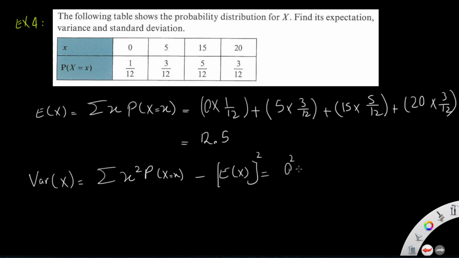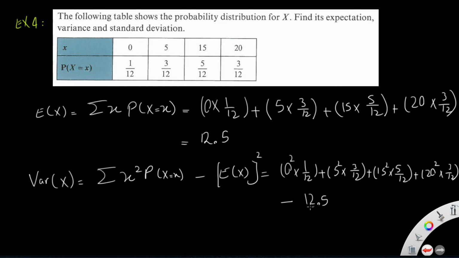So it will be 0 squared times 1 over 12 plus 5 squared times 3 over 12 plus 15 squared times 5 over 12 plus 20 squared times 3 over 12, minus expectation to the power of 2. Expectation we found 12.5 squared, which will be equal to, at the end,